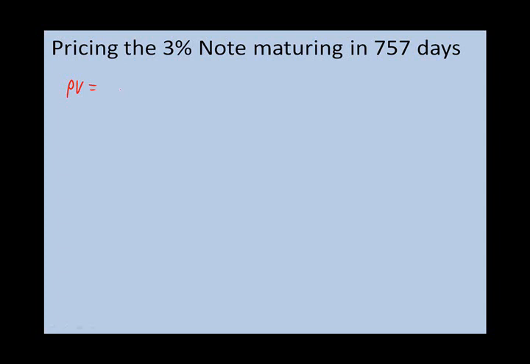So if we want to calculate the clean price, we're going to do the discount factor for 27 days times how long we own the bond for, which is 27 out of 184 days, times the coupon payment, which is 15, plus the discount factor for 208 days, which is 0.9751, times the coupon,